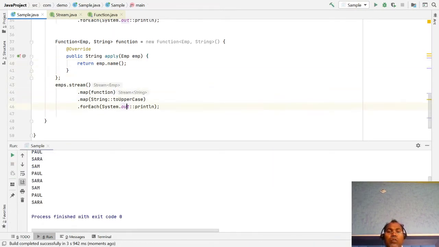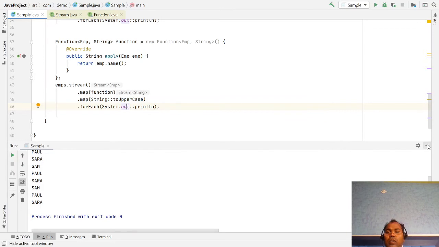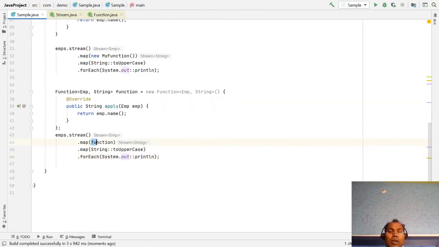Okay, so here you notice that your list is a string of integers, then a string of uppercase strings, and printing here. So instead of passing an object, here we are passing an object of an anonymous class, here we are passing an object of my class. So instead of creating an object, we can also have an option: don't create an object. Instead you pass your business logic.